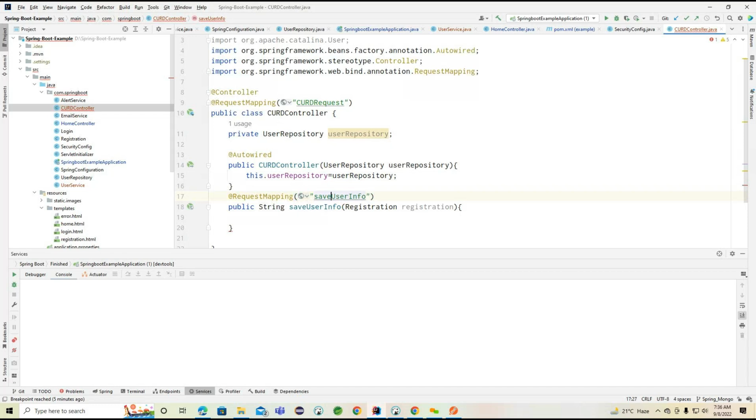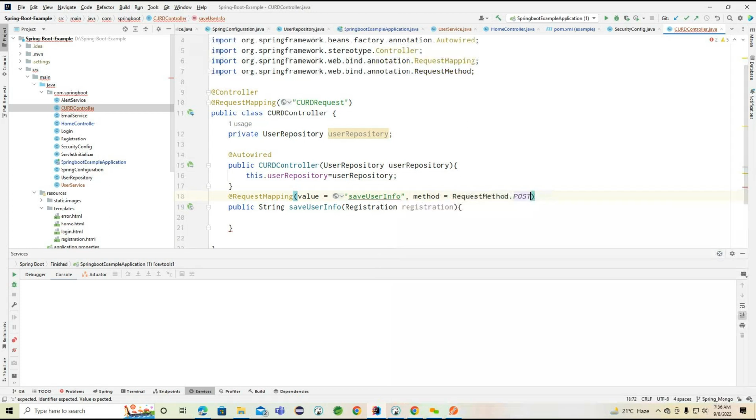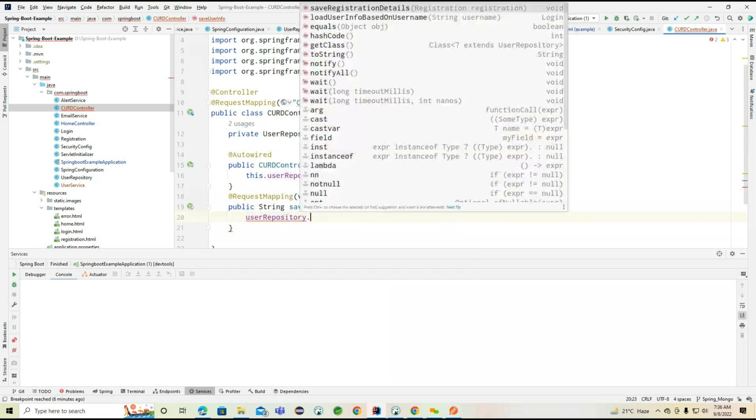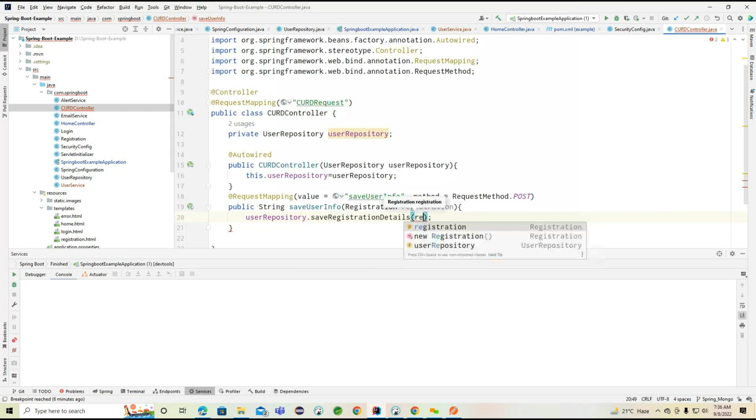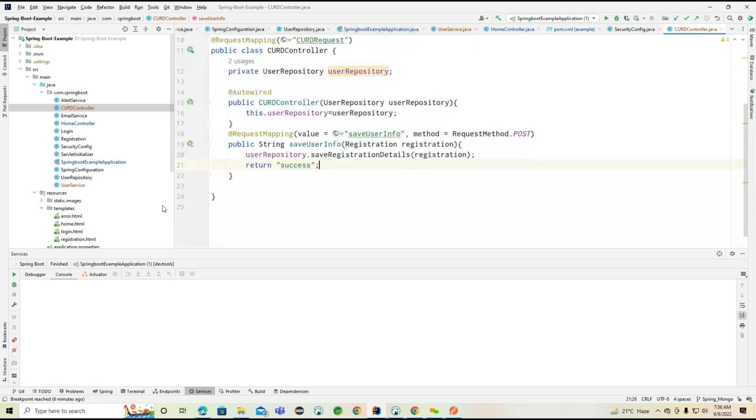Okay, save user info, and here we can write the value. So after value, which method we can take? Post we can take this, and here user repository dot save registration. I'm trying to save this. This is completed. Now here it is expecting to return something. So I'm just going to write success, and